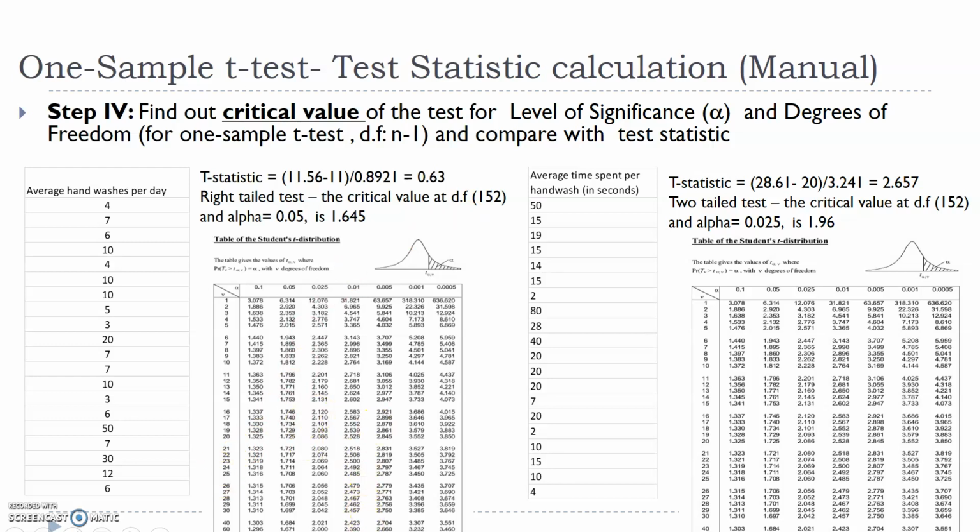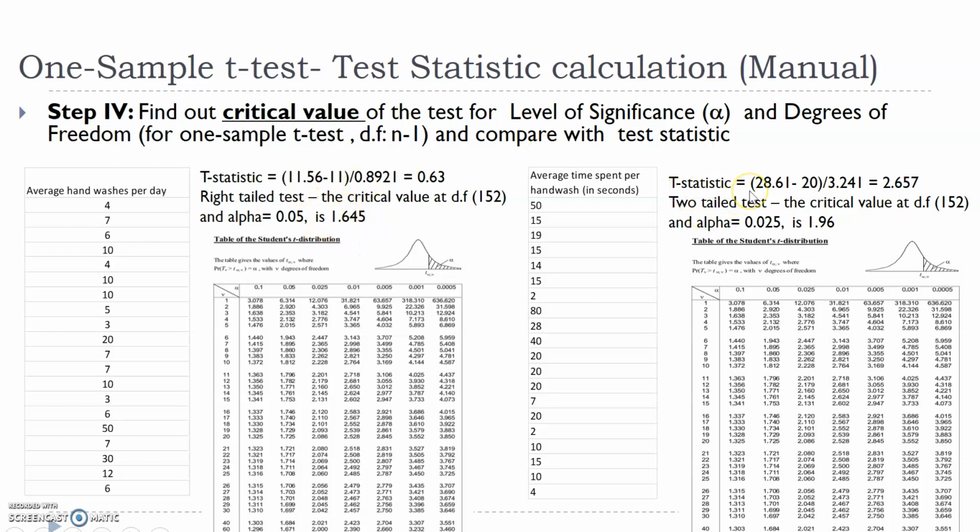In this table I do not have any number up to 152, so I have taken the number which is available to me up to infinity. That gave me the critical value of 1.645. If I go and see at 0.05 and go to the bottom of it, the screen is not visible here, but if you find in a t distribution table at 0.05 and go to the degrees of freedom, let's say greater than 152, the number will be close to 1.645. So that is the number I found out here. That is my critical value.